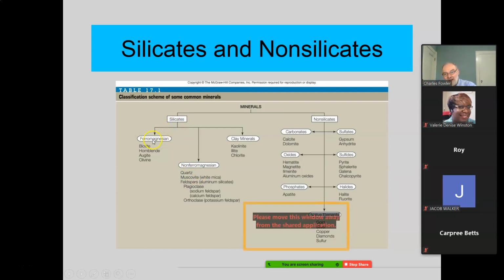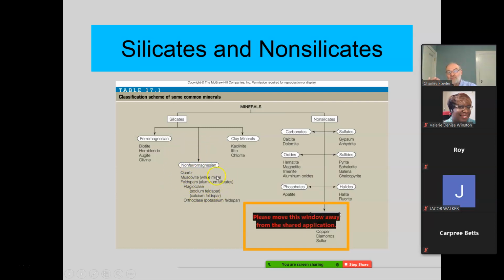Now, silicates either have iron in them or they don't: ferromagnesium or non-ferromagnesium. That's the big difference here. These are all minerals found in many of your rocks. If you have a lot of dark color in your rock, the odds are it's ferromagnesium. If you have just a little pepper sprinkling of dark in there, you have just a little bit of ferromagnesium. These are usually your lighter color, lighter density